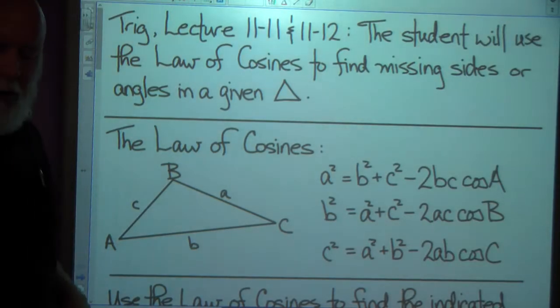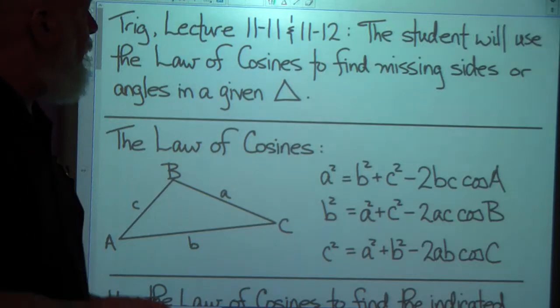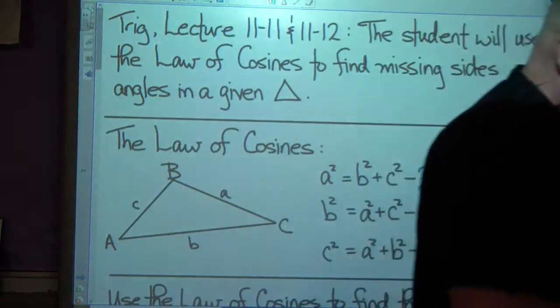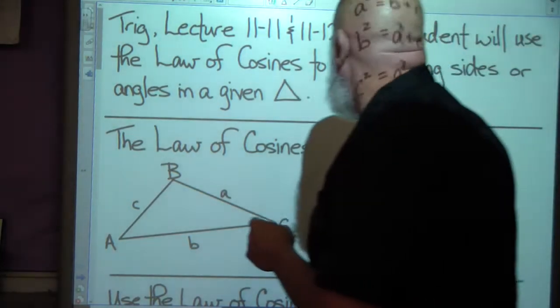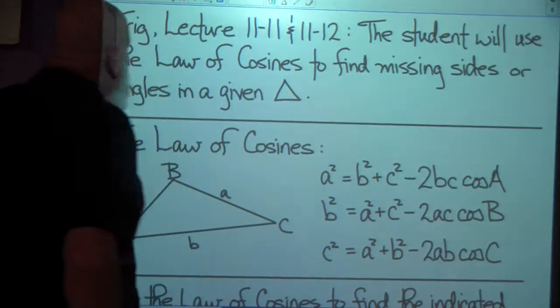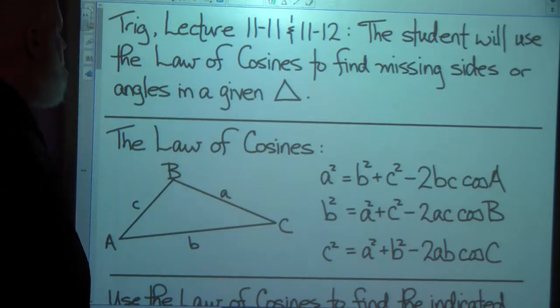We're going to be doing Trig, lecture 1111 and 1112 today. It is the law of cosines. The objective is the student will use the law of cosines to find the missing sides or angles in a